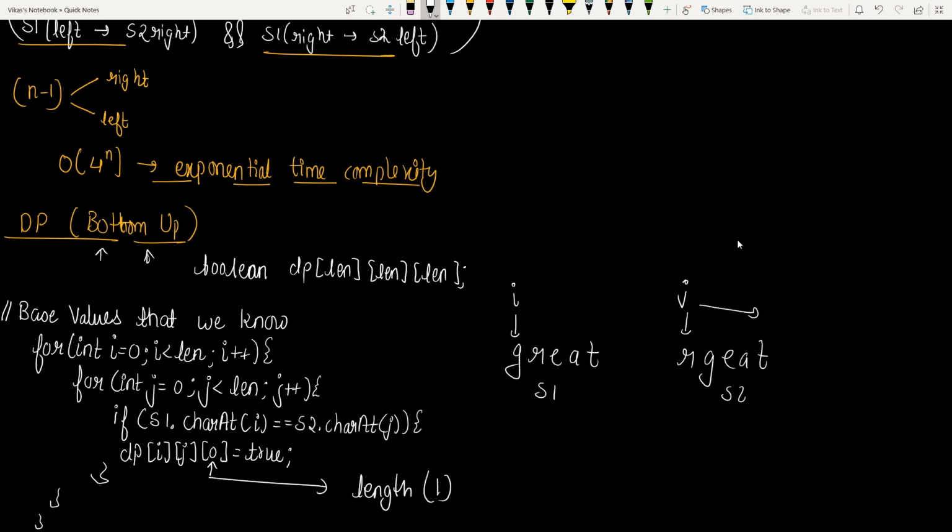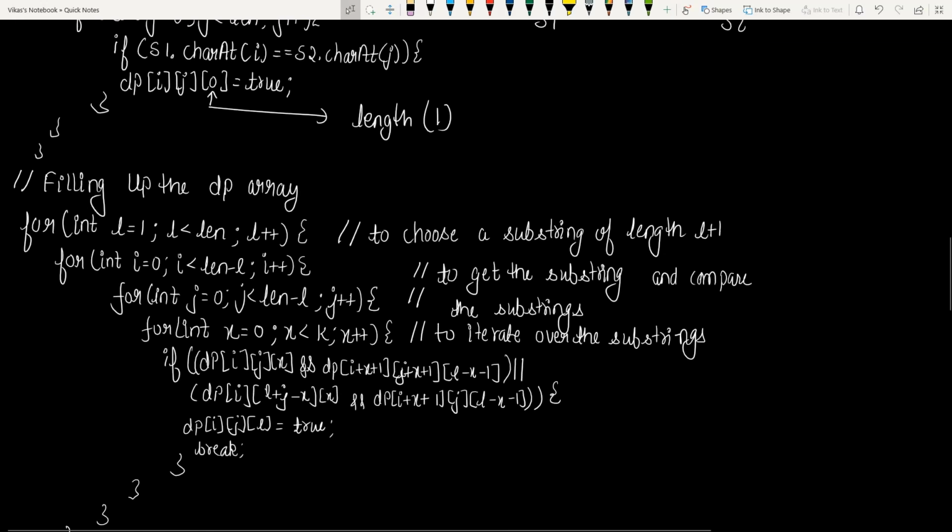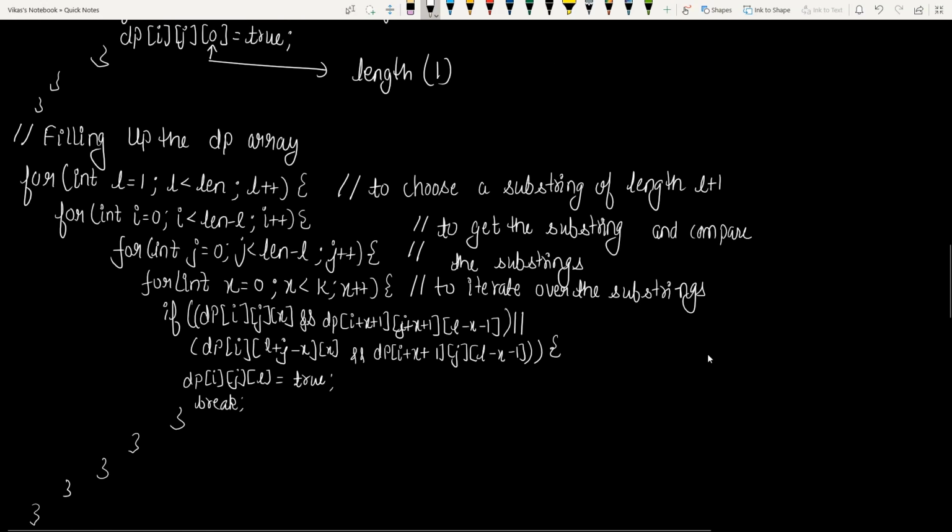Now after filling up these values that we know, we are going to fill up the rest of our DP. So how are we going to do this? We are going to use 4 for loops. The first for loop is used to choose the length. So what is the specific length that we are going to choose? Basically our work is to split our string, let's say x, into two parts, x dash and x double dash, and these two parts are non-empty.